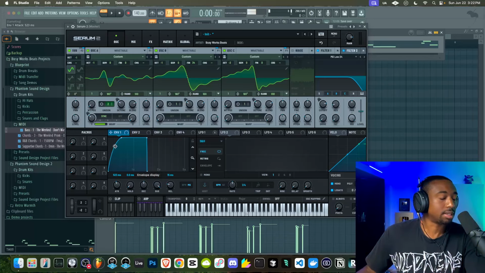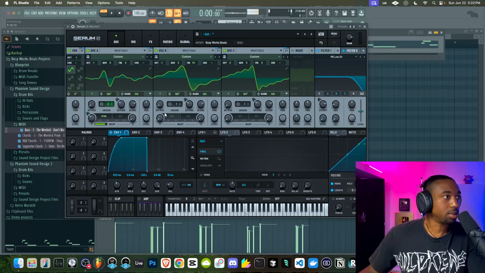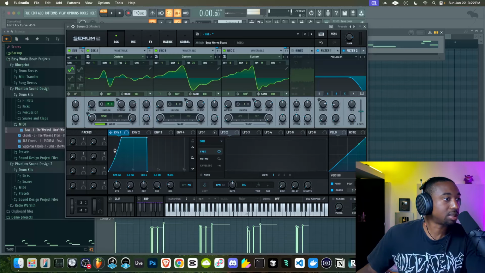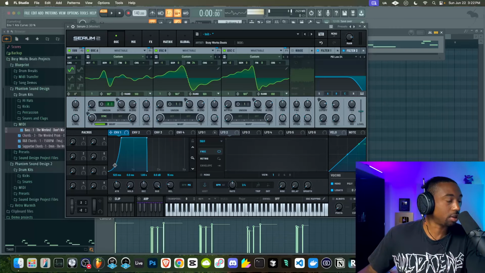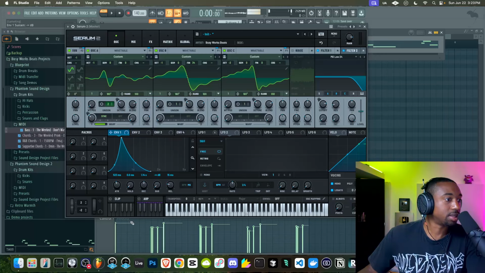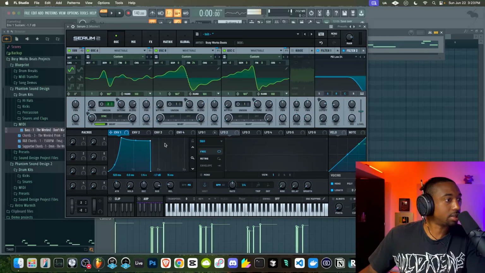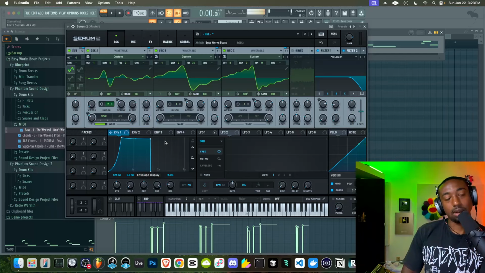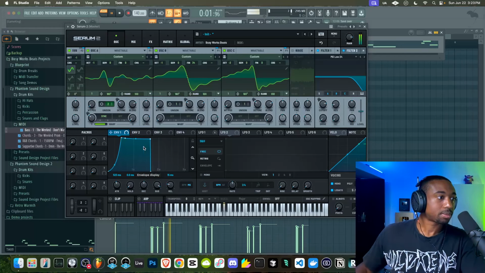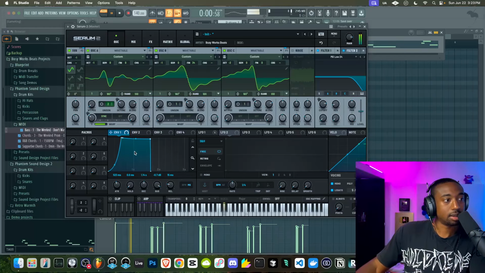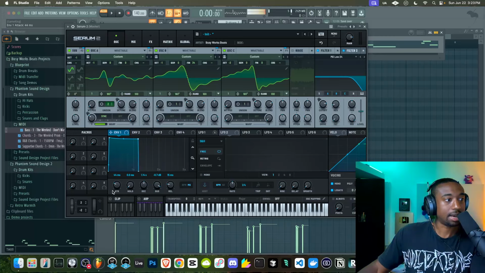The envelope one's attack, I should say, controls all the amplitude for the entire Serum. So let's make this more of an exponential curve, which looks like this. This is more what analog stuff would do, more like this curvature than this curvature. Let's do something like this. The decay curvature, we have to pull the sustain down for us to actually see it, and it will look the same exact way, something like this. Okay, and then we're going to pull up the sustain, which is, when we hold the envelope, what's the volume we get. Now I'm exaggerating here so you guys get it. Okay, but we're going to pull this back to about 10 milliseconds at the highest.